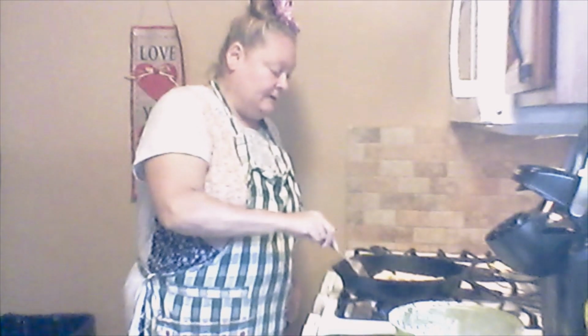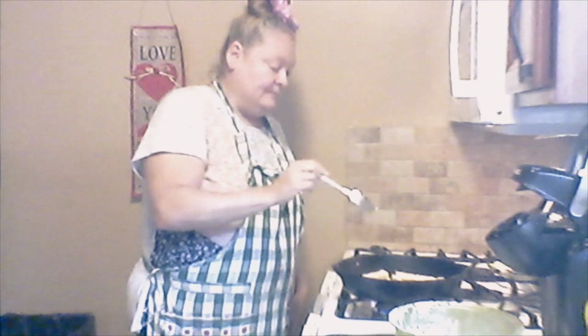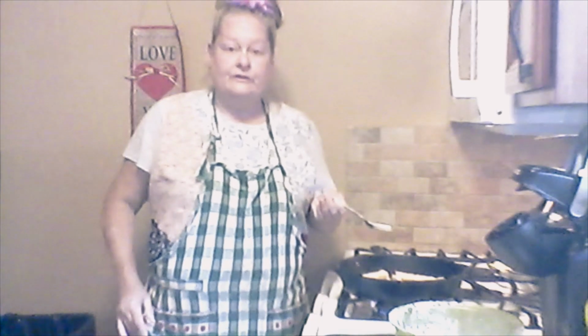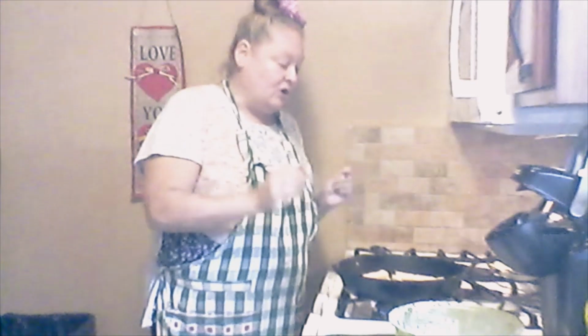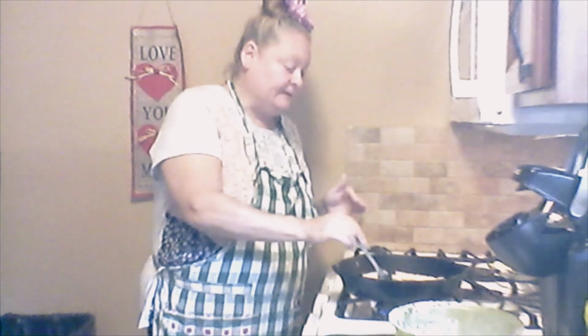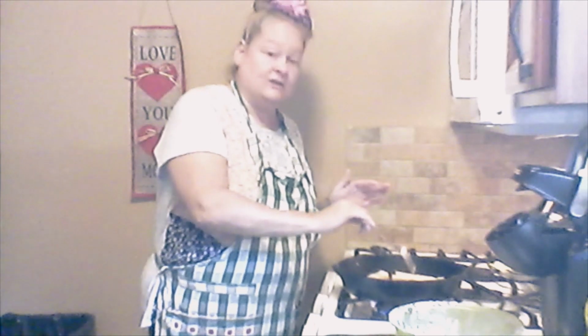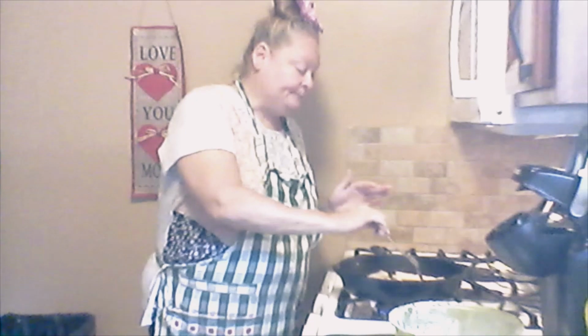So a little bit of that. I'm just going to keep an eye on them. And you don't want to move them too much because if you do, then the breading is going to come off there. So you want to let it get that good crisp coating on it first before you decide to turn them so it doesn't come off. There's little ones in the middle that are probably going to get done faster than the other ones. And even if it does come off,